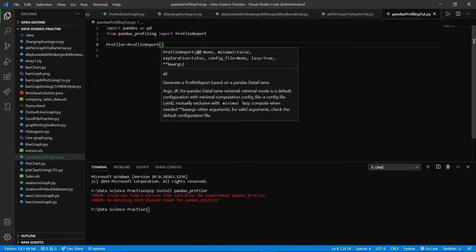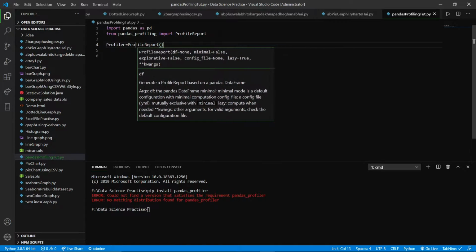You can see that you have created the object of ProfileReport here, but you can check the argument here that it is saying df, meaning data frame. So you need to give which kind of file you need to analyze. It may be Excel, it may be CSV, it may be any kind of file.